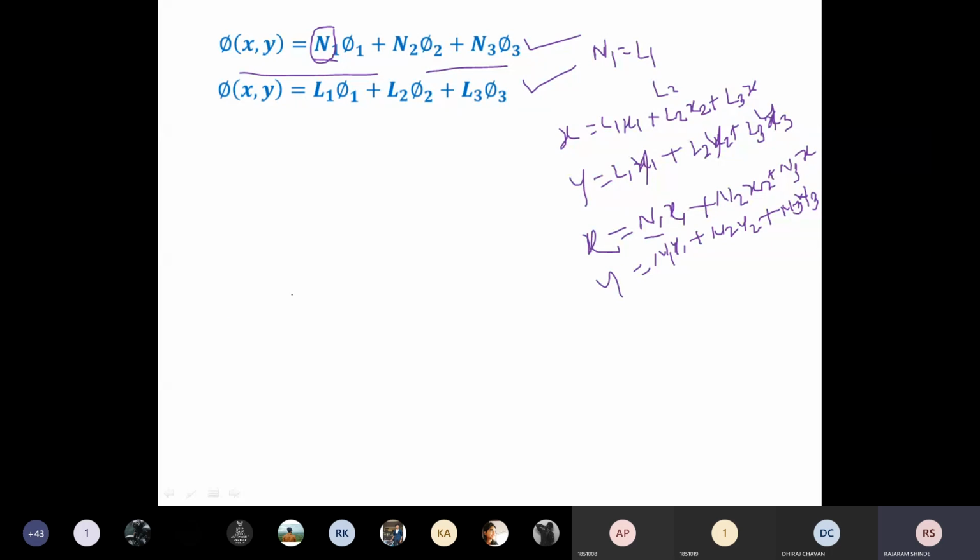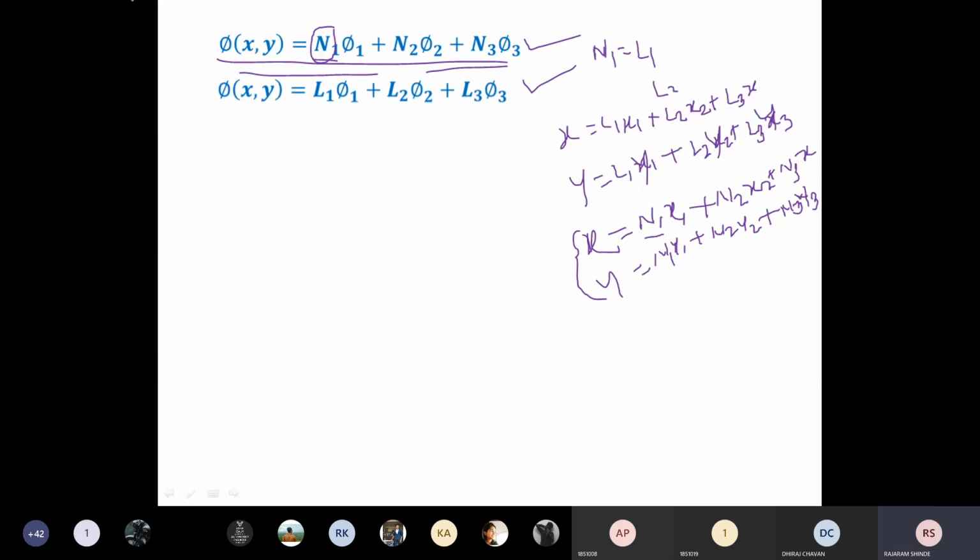Okay. Now next one, you see here this shape function, or this is a variation of the field variable. Now we have used the shape functions n1, n2, n3 for variation of the field variable over the element. Okay, here these are the coordinates of the points on the element, or these are the global coordinates. We have written the variation of the global coordinates by using the shape functions. Now what is the type of element when we use the same shape function for variation of the field variable and for variation of the geometry? Already I have told you, in case of one-dimensional element, what is that type of element? It is isotropic element. You have to remember this.